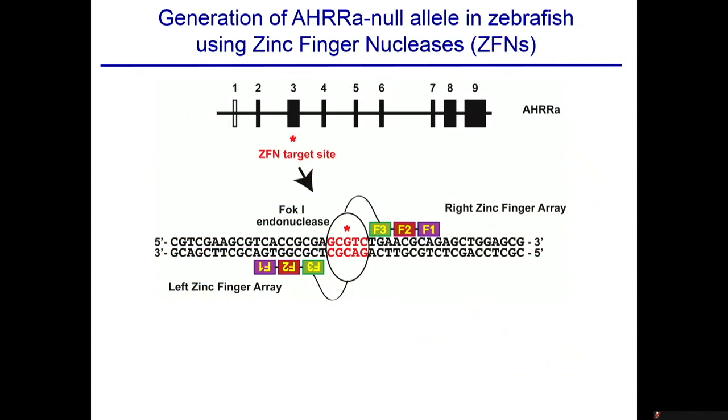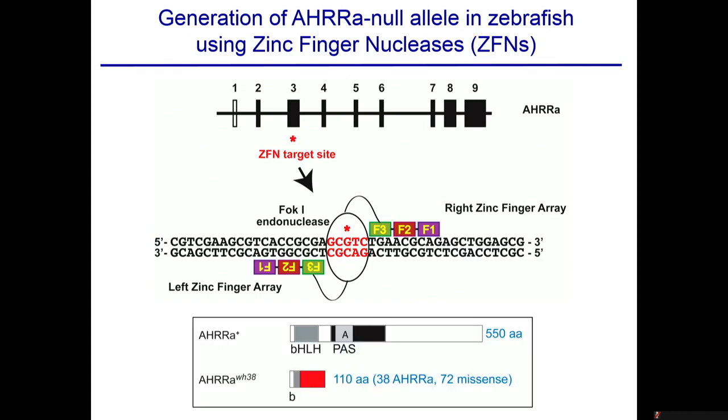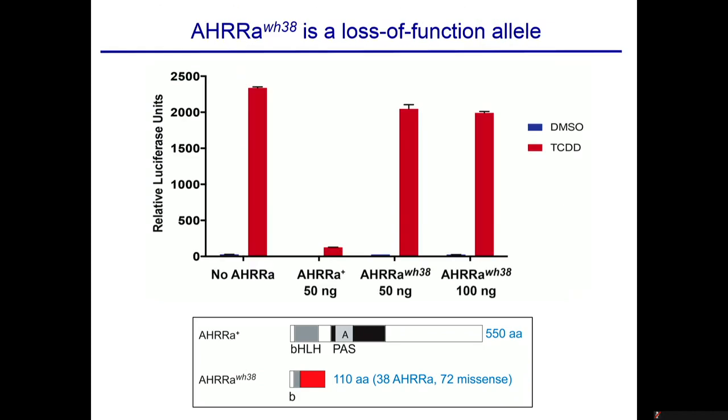Now, when genome editing technologies came online, we immediately started to try to confirm this using initially a zinc finger nuclease approach. We targeted exon 3 of the repressor A gene with a ZFN, and this produced a 7 base pair deletion that led to a premature stop codon and a truncated protein that's lacking most of the functional domains of the AHR repressor. Now, the homozygous AHRRa mutants were completely viable, and surprisingly,